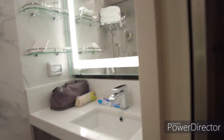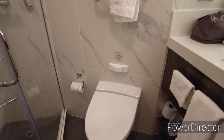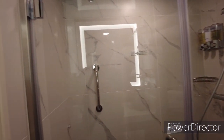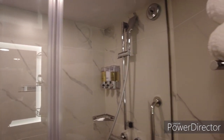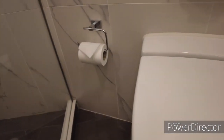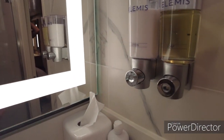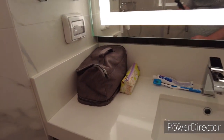As you can see, we have a pretty standard veranda category bathroom with the exception of the shower. This bathroom actually has a couple of really nice little features. For starters, depending on if you're left-handed or right-handed, you never have to reach in the wrong direction. Odd feature, but relevant. Here next to the sink, we have soap and lotion dispensers,